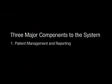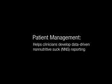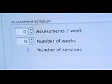This system has three major components. It has a patient management system, assessment mode, and a therapy mode. The patient management allows you to enter patients by name, track their progress with feeding and weight, and assessment indicators over time. The first thing that every patient has is an assessment, and the system measures the pressure applied to